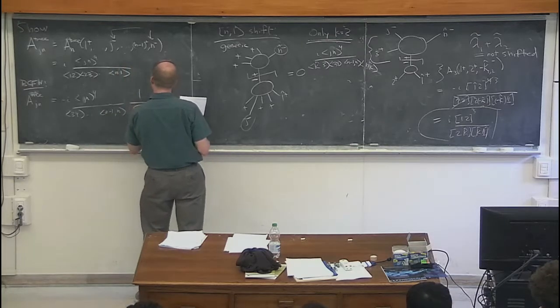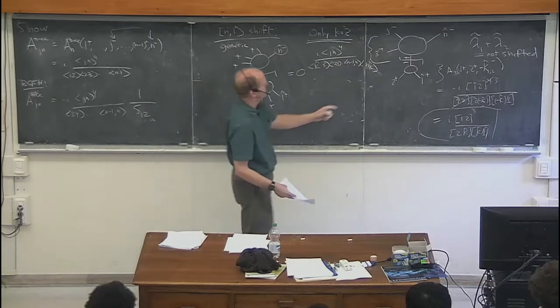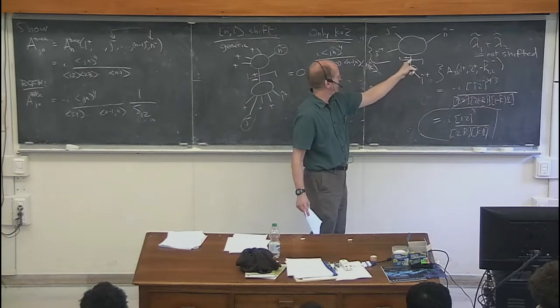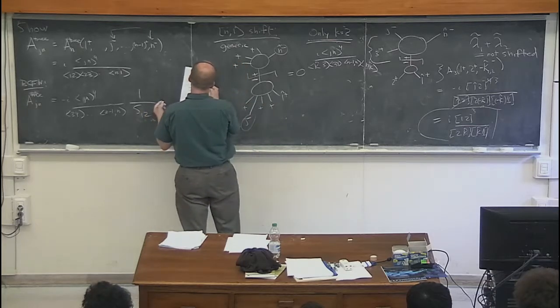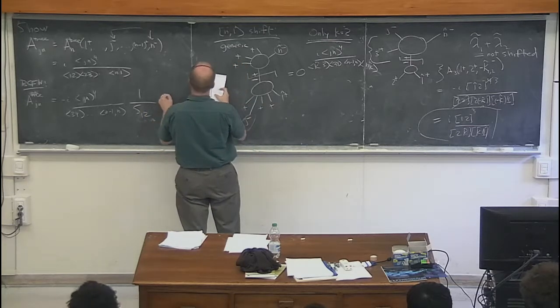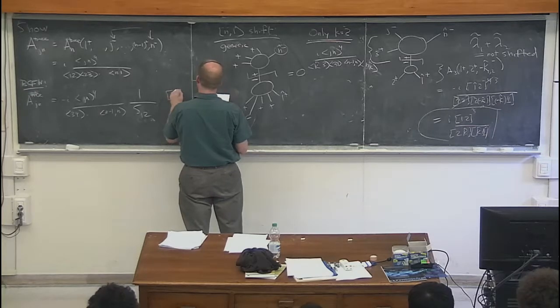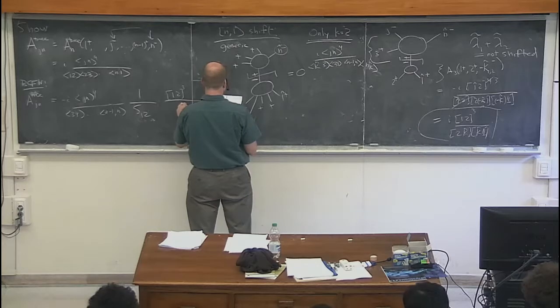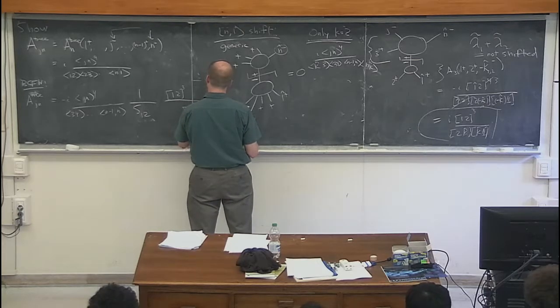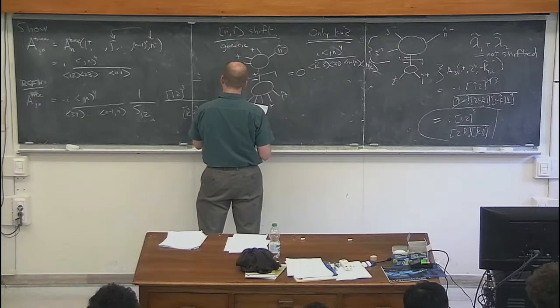Then there's a 1 over S12, which is there's always an unshifted propagator factor you have to stick in the formula. And then there's a 1 2 cubed